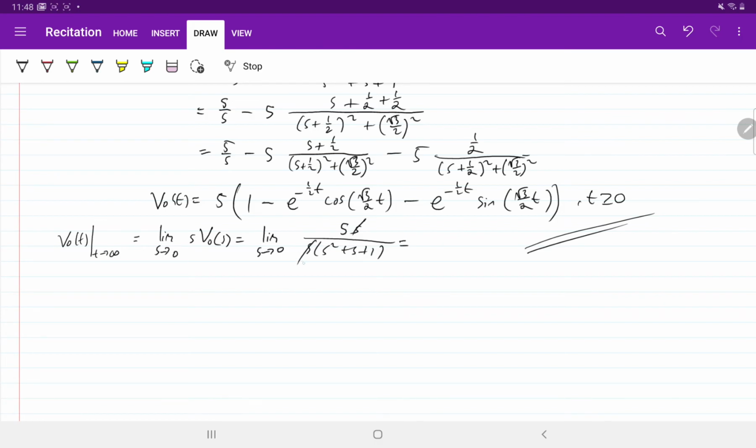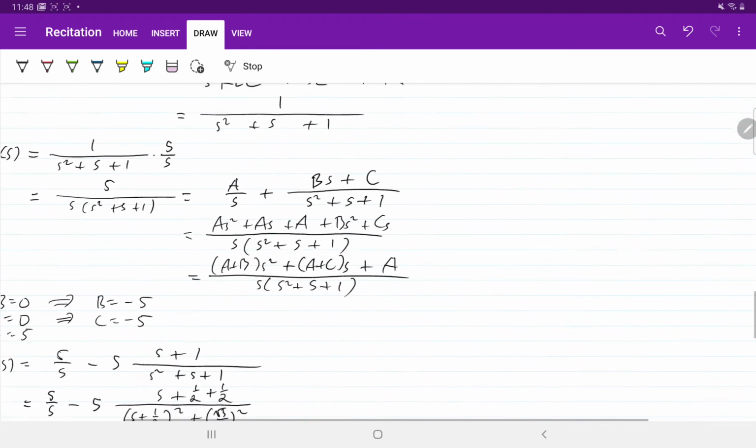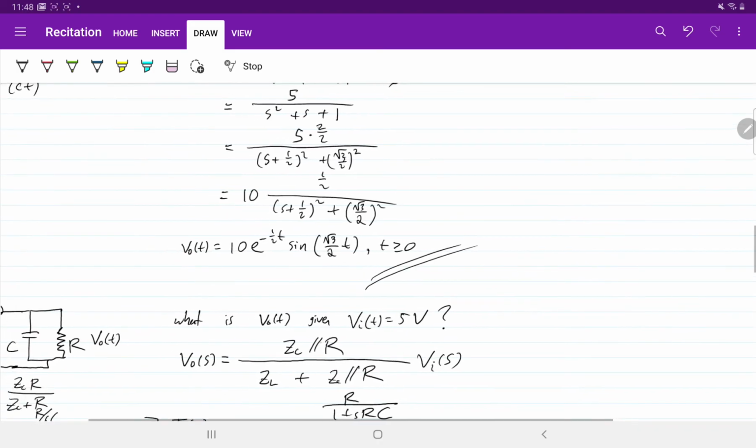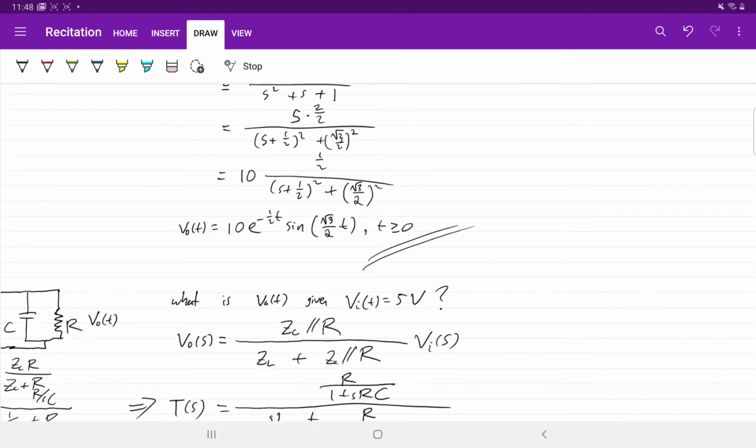You have s, they cancel. You have 5 over s squared plus s plus 1, but you substitute s with 0, you have 5. Okay, so if you implement this on the previous problem, you will get